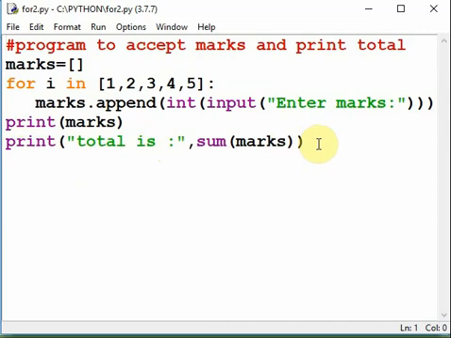Marks contains the values entered by the user. Sum is a built-in function which will add all these marks and give the output. So with this statement, you will get the total of marks.